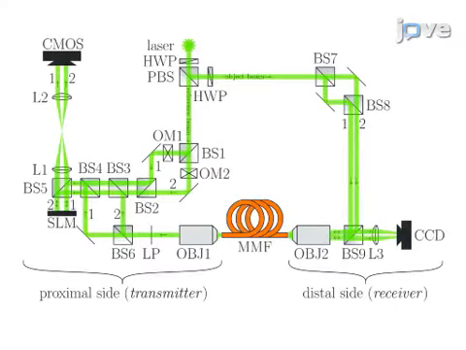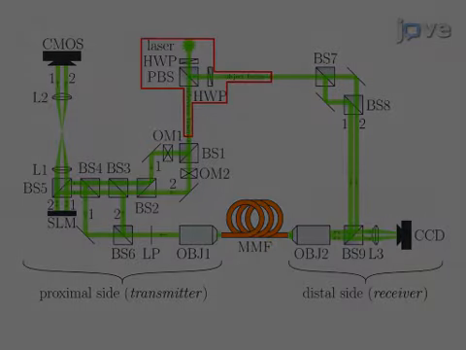This schematic provides an overview of the apparatus and identifies the proximal and distal elements. A laser provides a collimated coherent light beam, which is